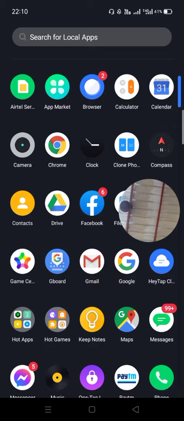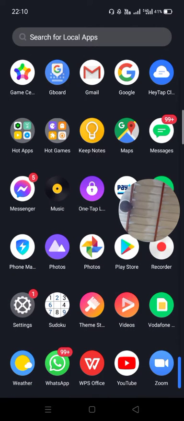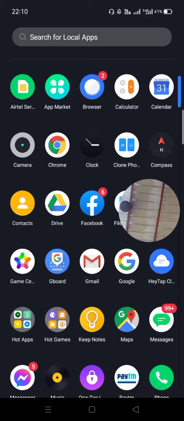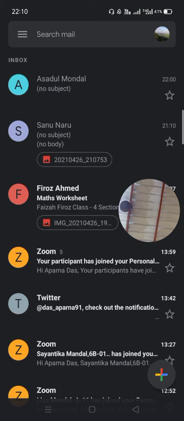Yes, Google, it's Play Store. By going there you can easily get your Gmail app. So even if you don't know how to download it, you can directly go there by using Google and create